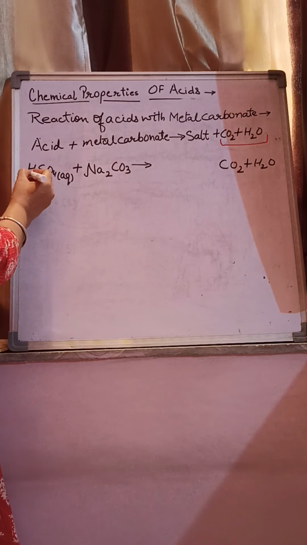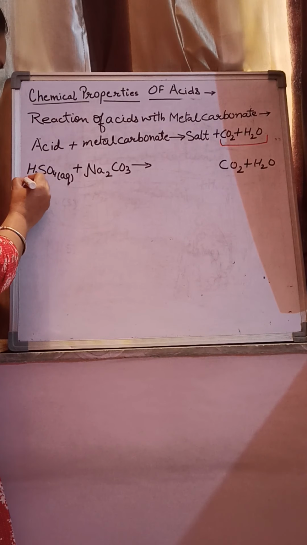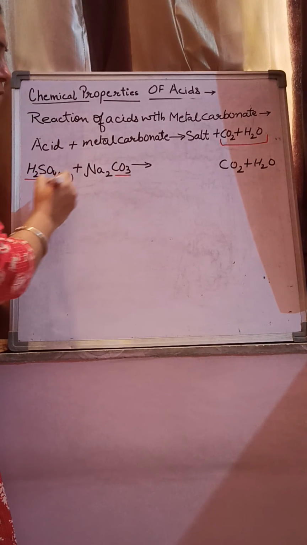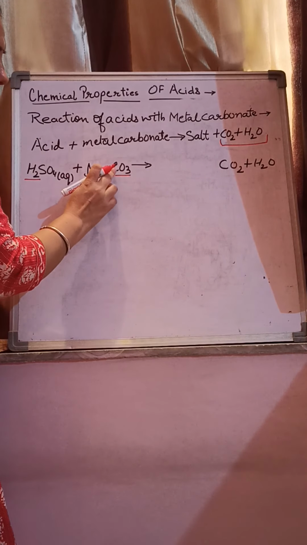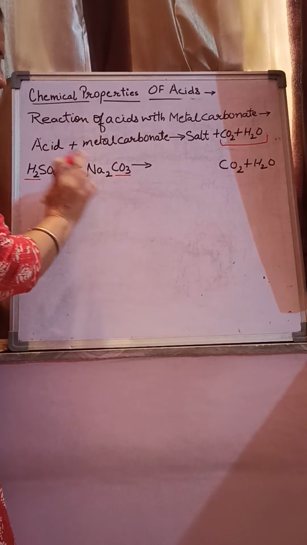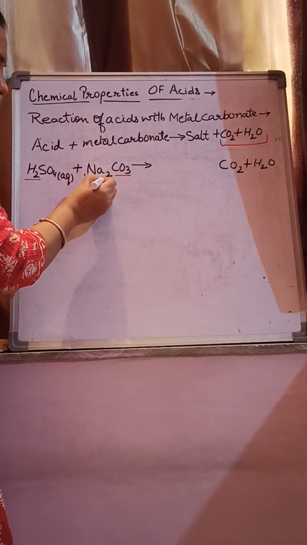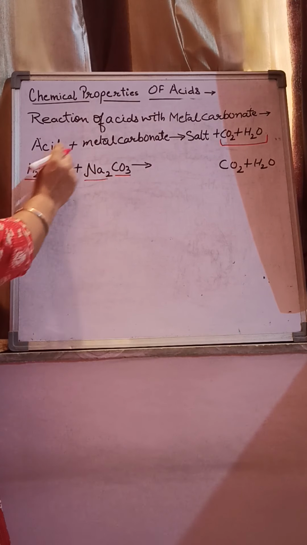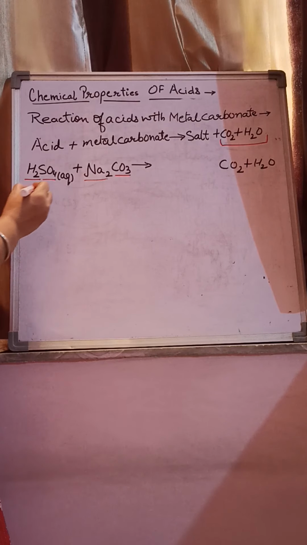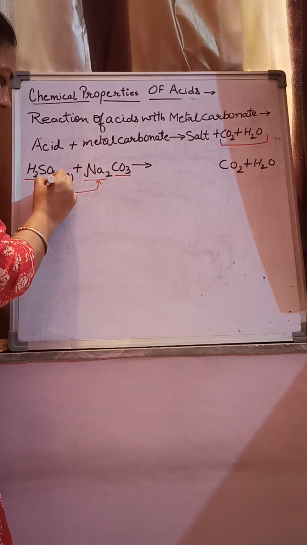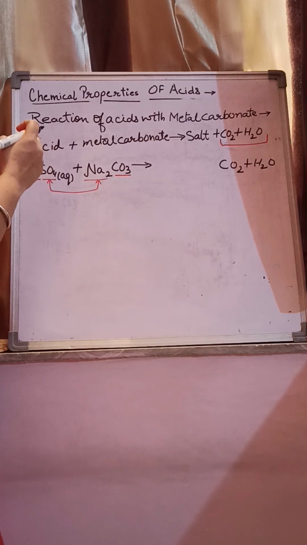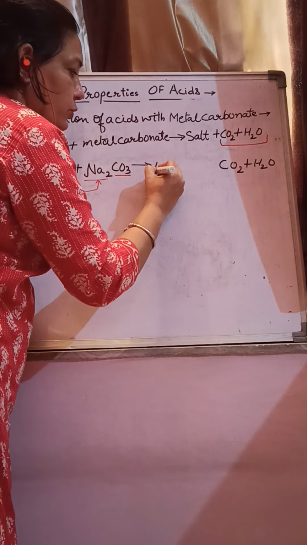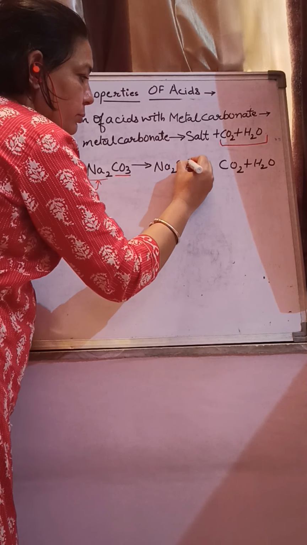So what I will do, just have a look at this reaction. Water, H2, and I will take one oxygen from here. So there is a formation of water. What is left behind? CO2. CO2 is released. Then this is the positive ion of the salt, metal carbonate. This is the negative ion. So I will attach positive with negative. With this method, it would be easy for me to know which salt is produced during this reaction, Na2SO4. So the name of the salt is sodium sulfate.